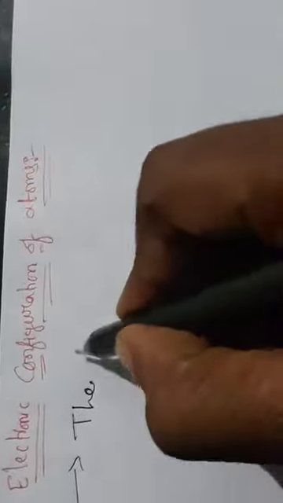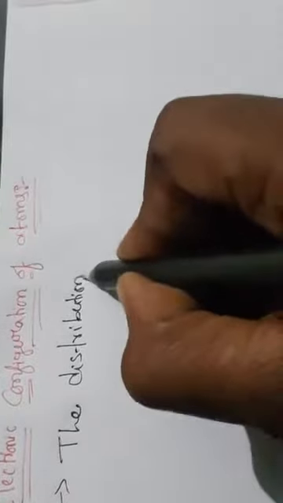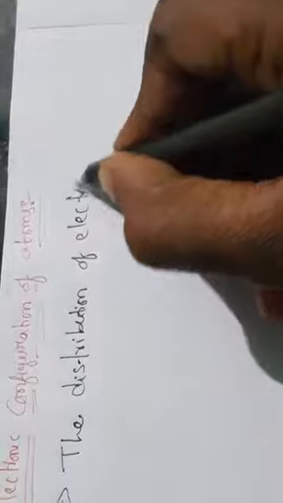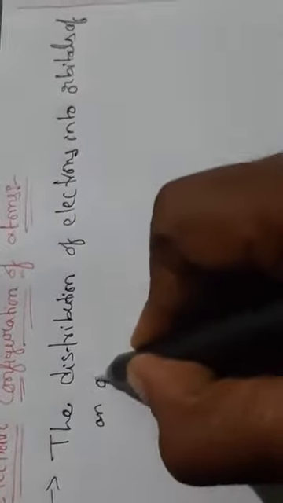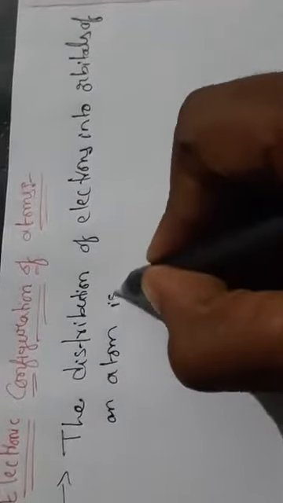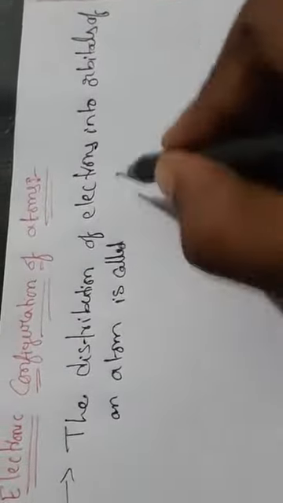So here, first of all, let us see what electronic configuration is. Electronic configuration is nothing but the distribution of electrons into orbitals of an atom. We call it electronic